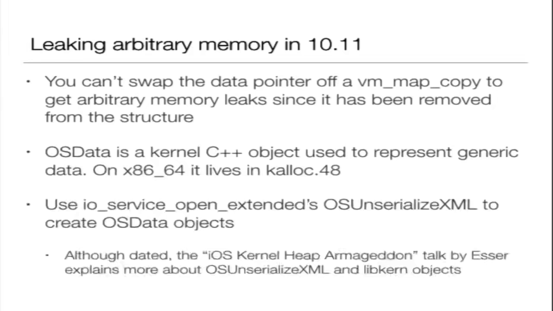But a big issue with this is that you can't do arbitrary memory info leaks. You can't read, say, the kernel text to find the gadgets for your ROP chain. So you can use another object. In this case, I used OSData, which is an object used by IOKit, implemented by libkern. And you can use IOServiceOpenExtended to create them at will from userland. Stefan Esser had a very nice talk about this, iOS Kernel Heap Armageddon. It's a bit dated because his techniques don't work anymore, but it explains how libkern objects work, and that's very